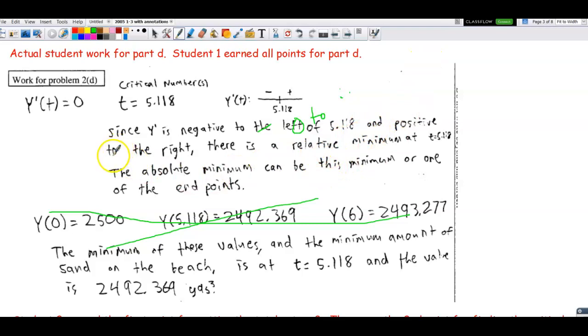Then they would need to go on and say the y prime is positive from 5.188 to 6, therefore the